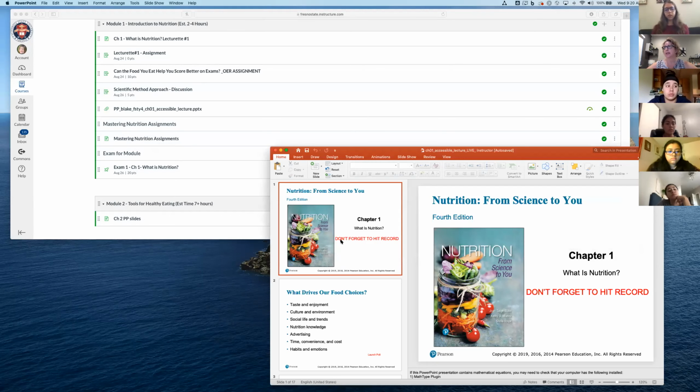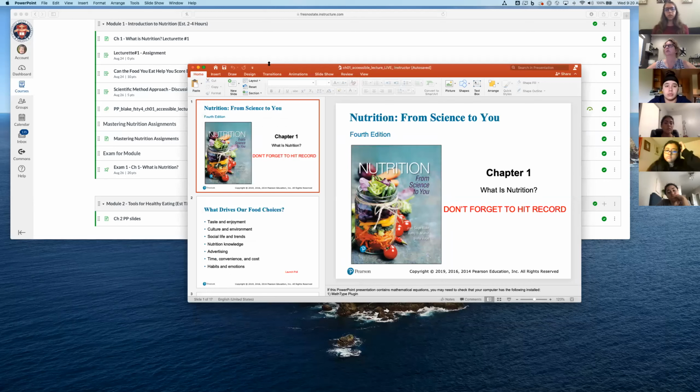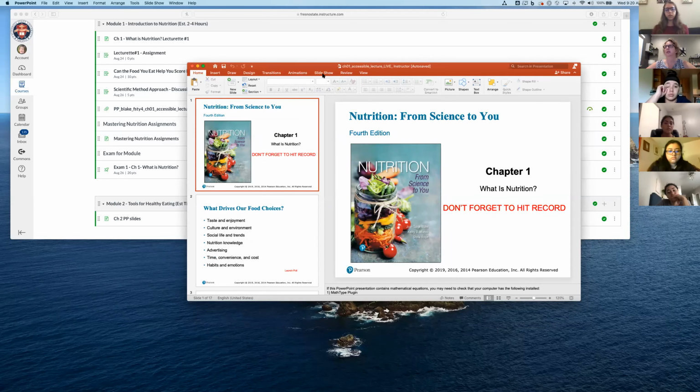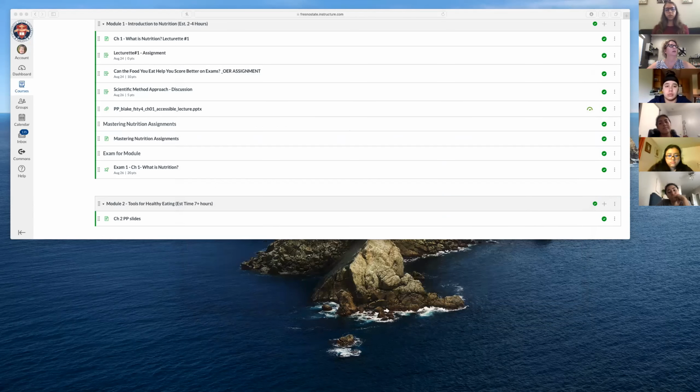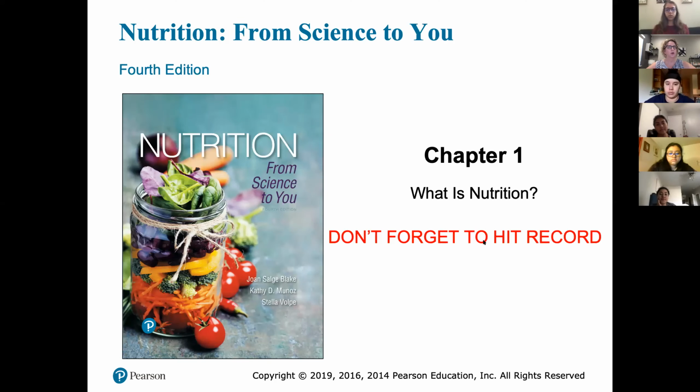Okay, so with that being said, now I'm going to try to put up my slideshow, and I want to see which slides you're going to see. You're not seeing any because I need to stop sharing that screen and switch my screens. I have 3 screens, and I apologize. I get overwhelmed sometimes, but boy, I love 3 screens. Thumbs up if you can see the PowerPoint that says Nutrition Science, From Science to You. Okay, awesome. That means I'm in the right screen. And I have hit record. That was my reminder for me.